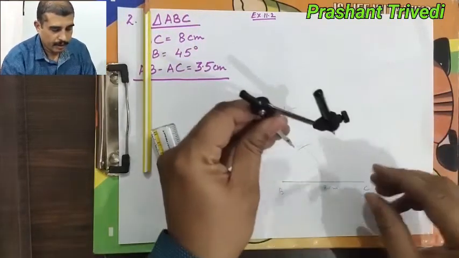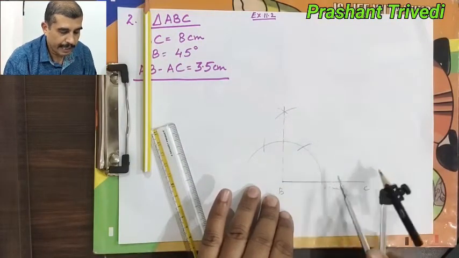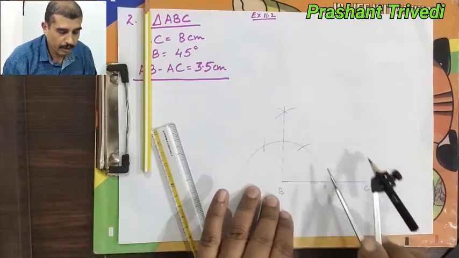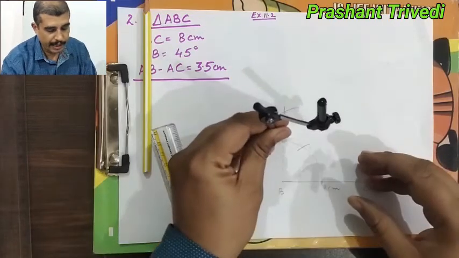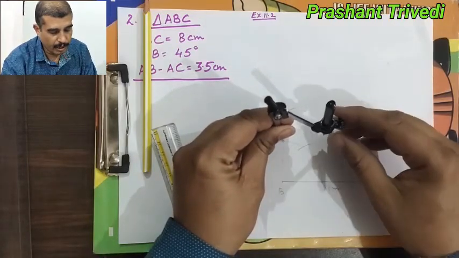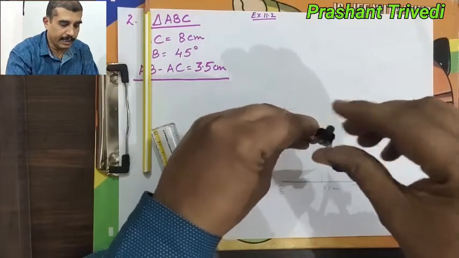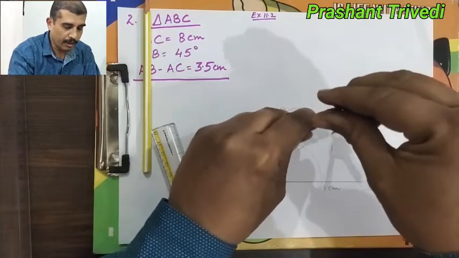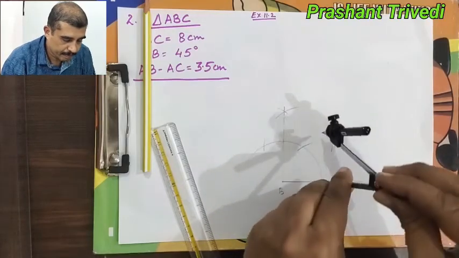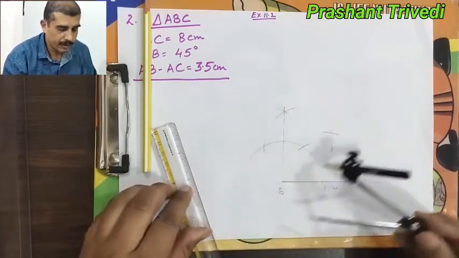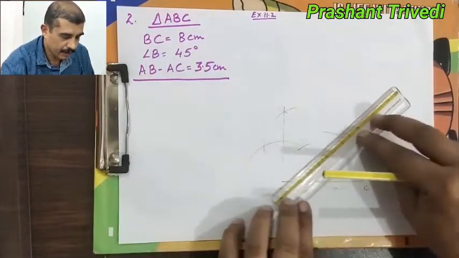So bisecting, this is the point of the 90 degree angle and this is for 0. Bisecting from 0 and from 90, what angle is going to be there? It will be 45 degree. Bisecting the 90 degree angle, more than half of the arc. Yes, then from here, joining B to this point will make 45 degree.